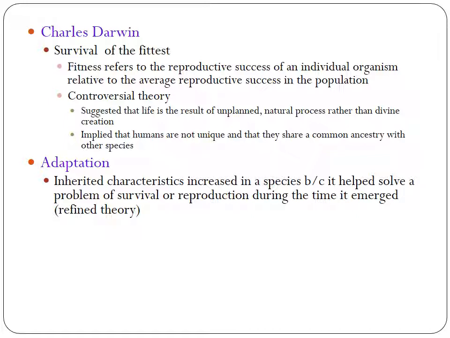When we talk about Darwin, we are not going to get into evolution or the discussion about whether evolution happened or didn't happen. What we want to do is just have this idea of survival of the fittest, taking on our best traits and passing them off to the next generations. What we're going to look more at is a term called adaptation. The traits that we get, the inherited characteristics in a species that help it solve a problem or help it reproduce. So it's a refined theory, but it's still very much similar to Darwin's original theory.